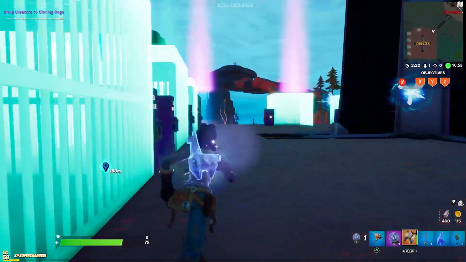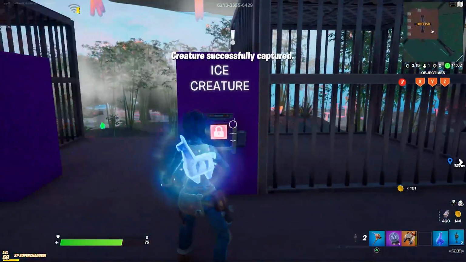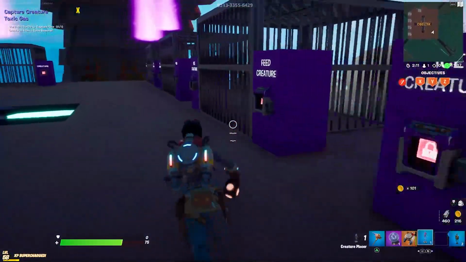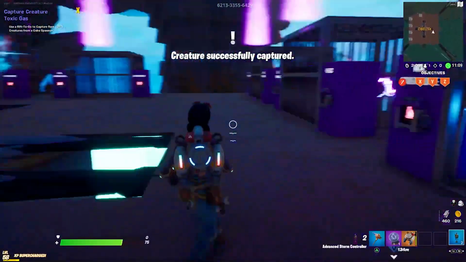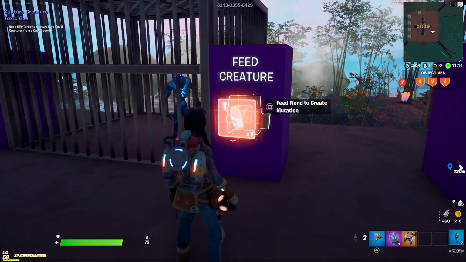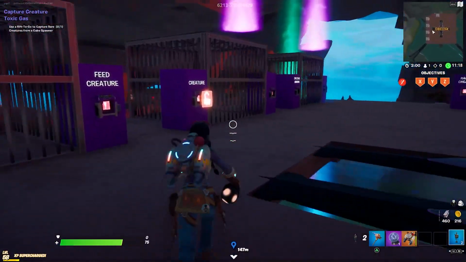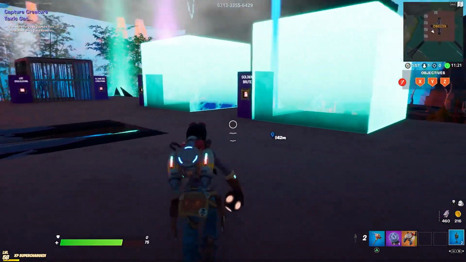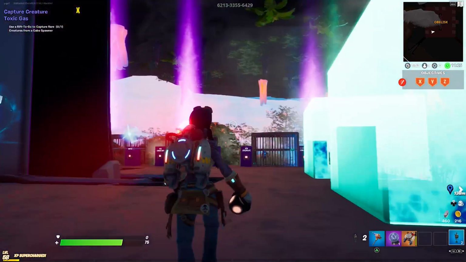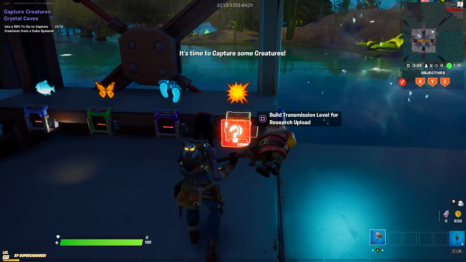So if I go right up here, I've got my creature placer. I'll be able to capture the ice creature here and clone it. Place the next one. And this one will want a different type of food than the other. They'll all want something slightly different. These final two, the golden brute and the toxic creature, are also located on the map that you will be able to go capture. I'll show you the final level here when